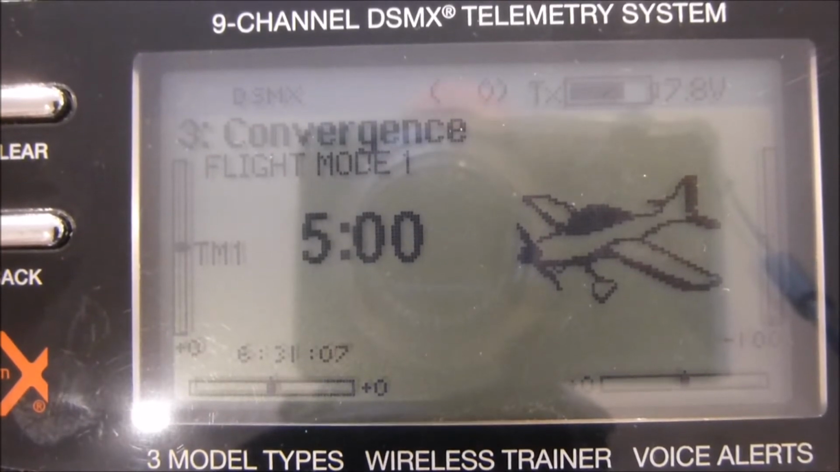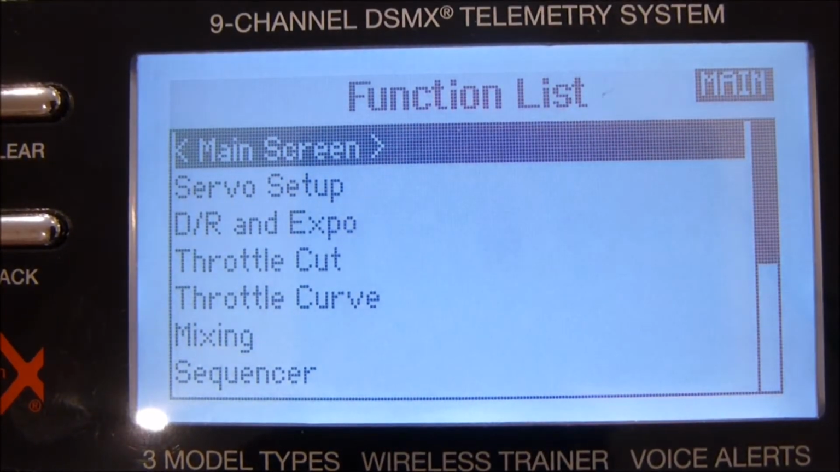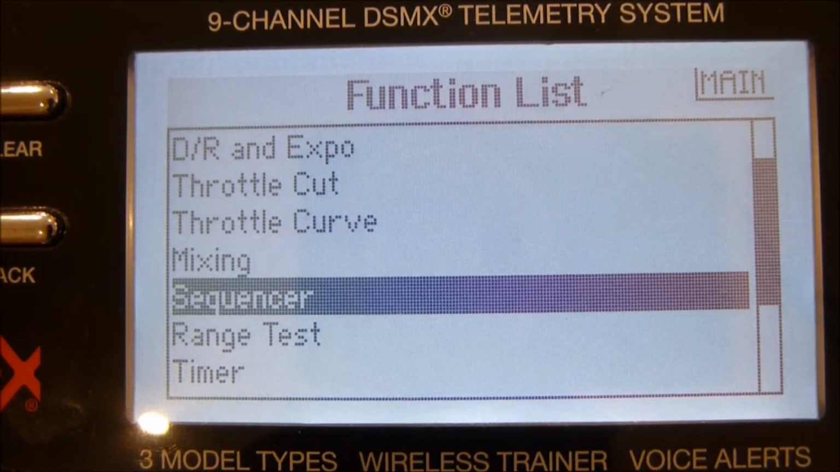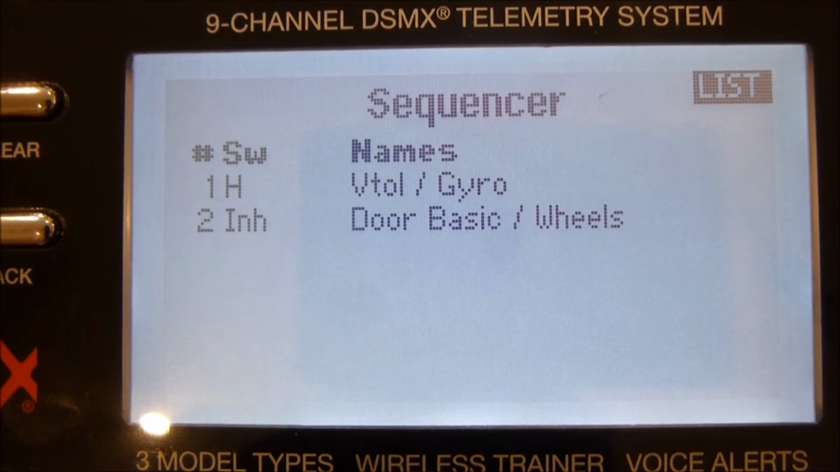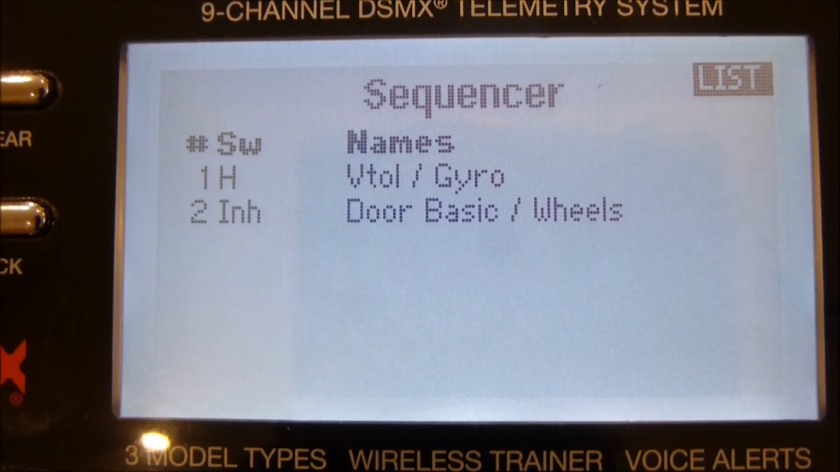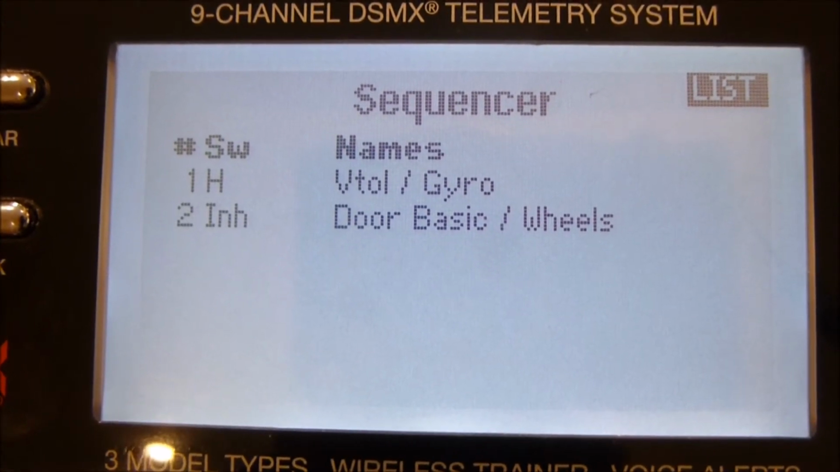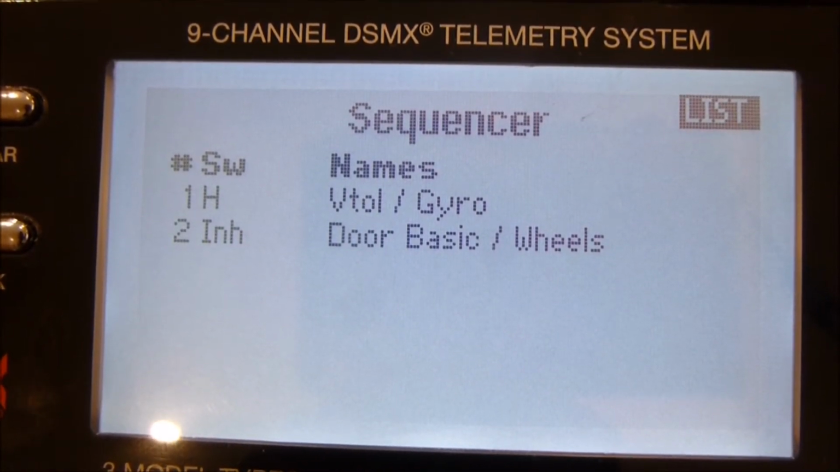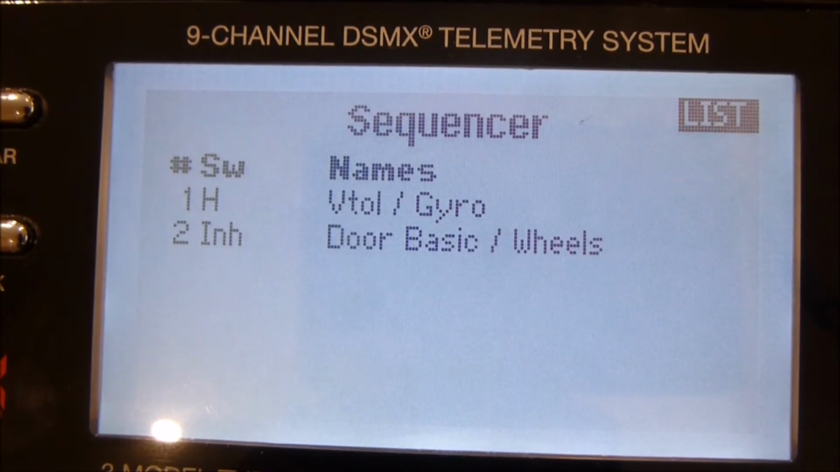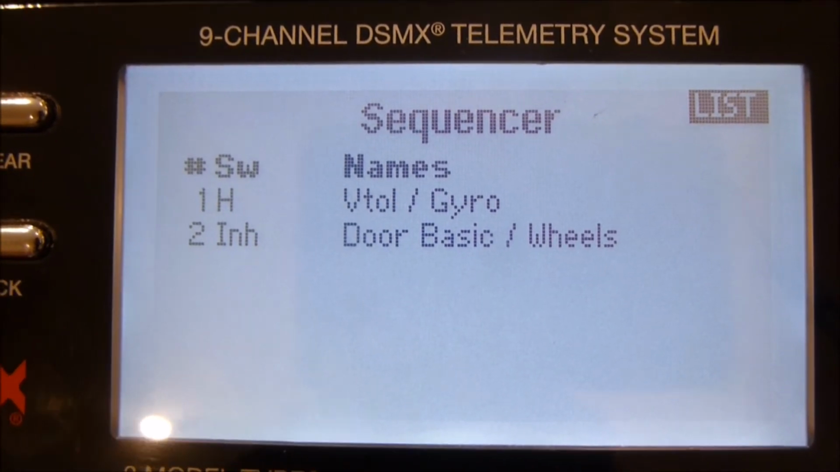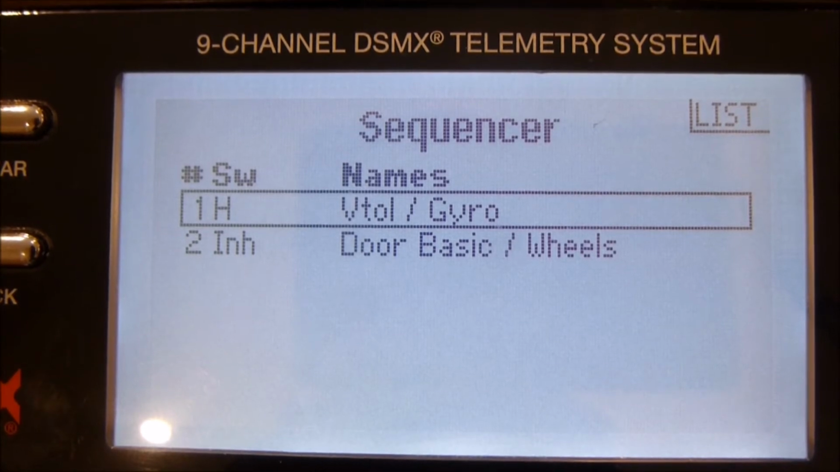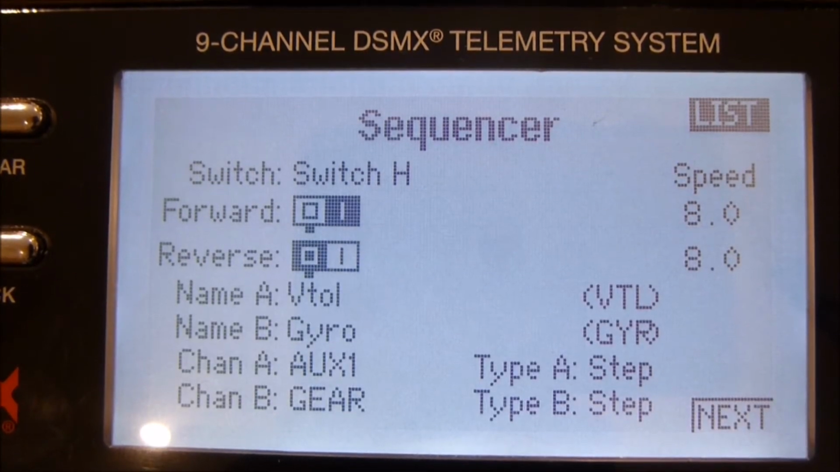From the main screen, if you click the roller, you can find the sequencer set up at the bottom of that first page. Click the roller and you'll see that you've got 2 possible sequences that you can run simultaneously. The default names are given to both of these. I've changed mine to VTOL and Gyro. You actually do the name change in the next screen. So all I'm going to do now is roll through, click, and that will take me through to the